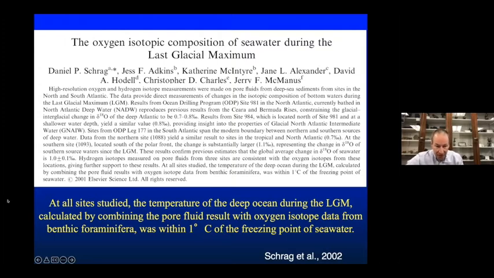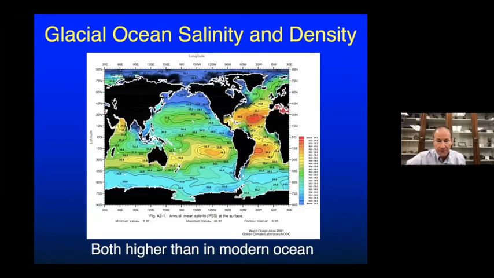And what that means, here's the punchline down at the bottom. At all sites studied, the temperature of the deep ocean during the LGM was within 1 degree C of the freezing point of seawater. We don't think that the deep ocean froze, but it came about as close as you could get without the deep ocean freezing. So that means that both the temperature influence and salinity increased the density. So they were both higher than in the modern